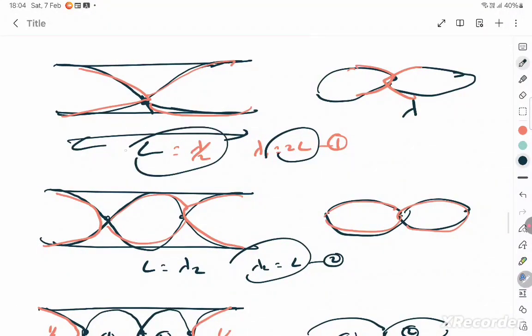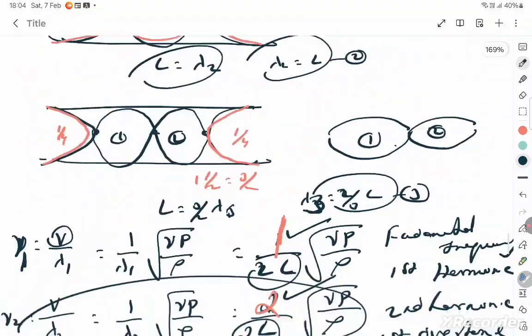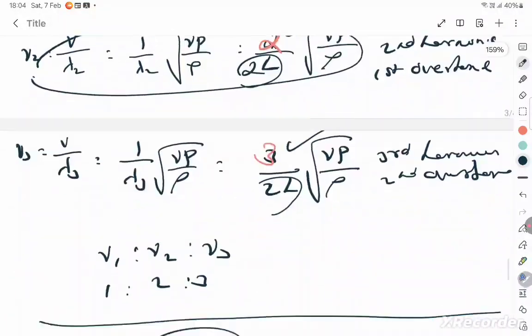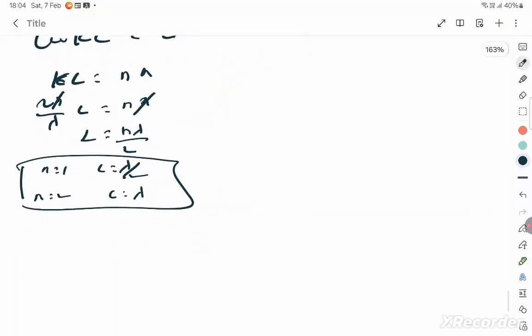L is equal to lambda by 2. L is equal to lambda. It's the same. There I was doing it with a drawing. Here I am justifying by means of writing the derivation. However they want, you can present it. That's what it is. Okay, so you can continue to write the same derivation